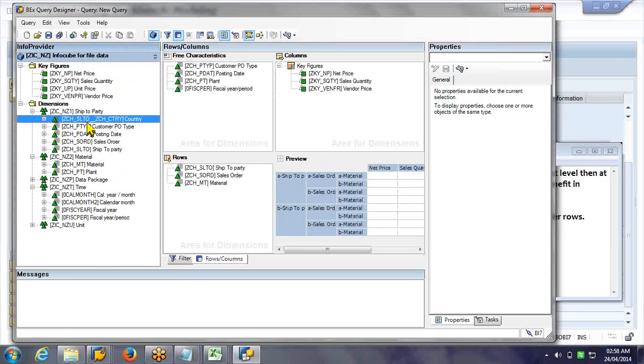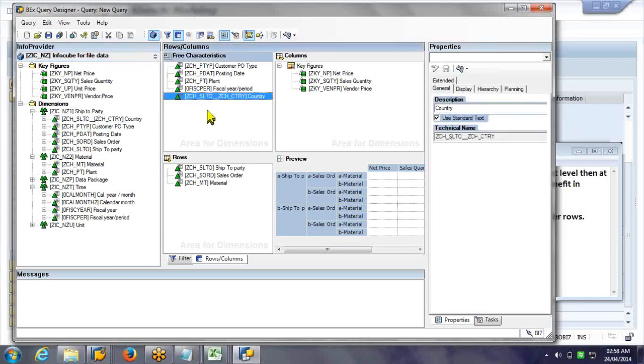So you are seeing the difference. Address is a display attribute. It is not showing individually. Country is a navigational attribute that has its own master data. It is being shown individually. Now I can use country as a separate object because it has its own master data. Clear with this point?